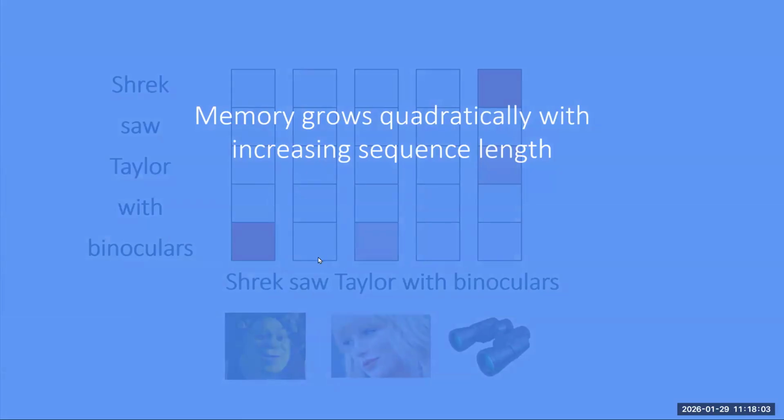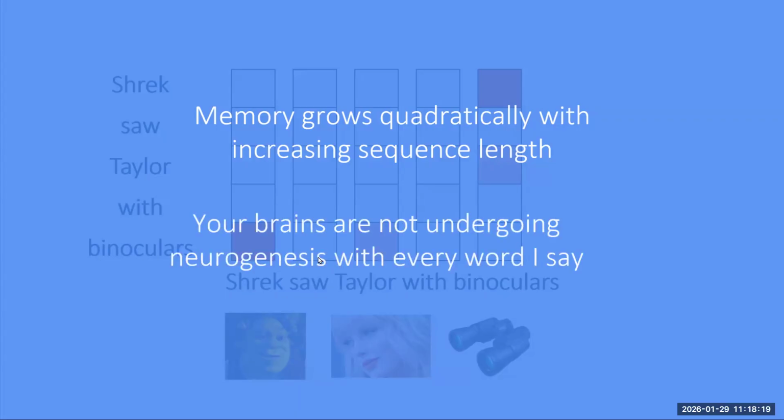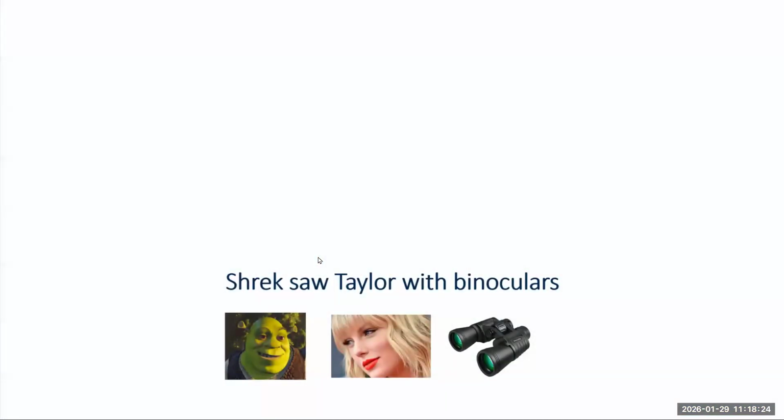And I think as I'm talking to you, you're not storing every single word in the right sequence. Hopefully you're just taking the meanings of what I'm trying to get at, and something clicks, maybe you come up with your own analogies, but you're not storing everything I say perfectly, right? So your brains are not undergoing neurogenesis with every word I say. So the catch here is that if I were to apply this to a recurrent neural network or a spiking neuron, the risk is that by the time I reach the end of my sentence, all of that information is kind of decayed, right? I'm not expanding the state.